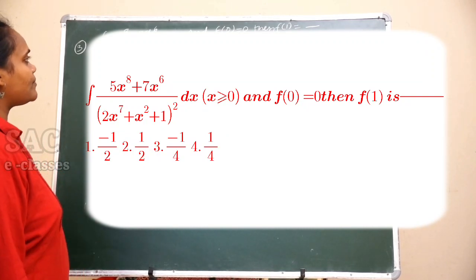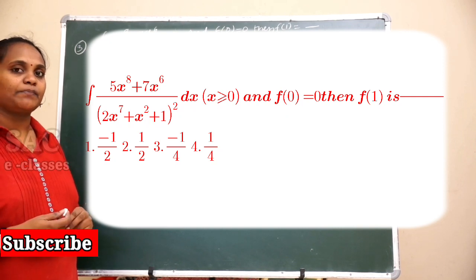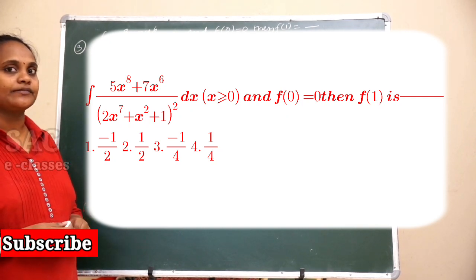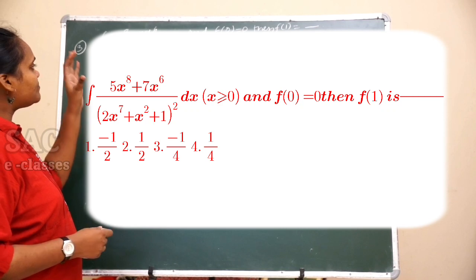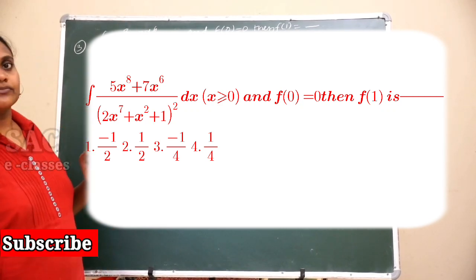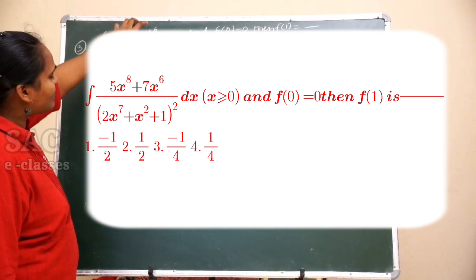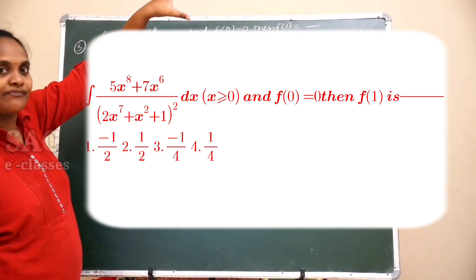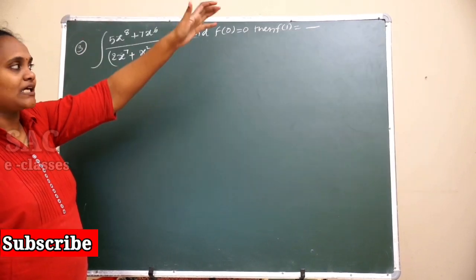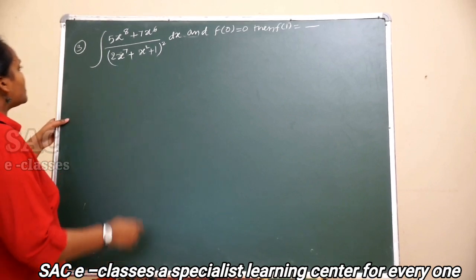These kind of problems we have discussed earlier in part 1 as well as part 2 of integration full revision. Now the same problem they are asking you in a different manner. If you think of the integration of the entire given expression as some polynomial f of x, what is this f of 1 they are asking you?